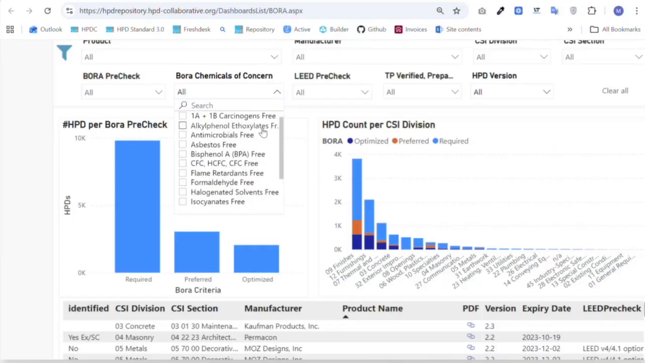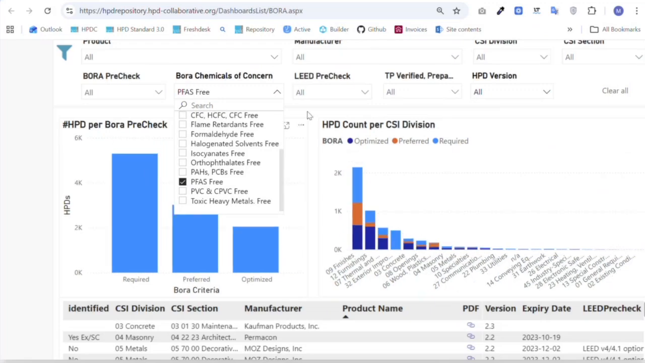And they gave us this chemical list and we configured this filter so that BORA professionals can come. Actually, not just BORA professionals, anyone that has access to the repo, because they made it public, can filter HPDs by the free of any of these chemicals list. So you can now use these to search, for example, PFAS free products,